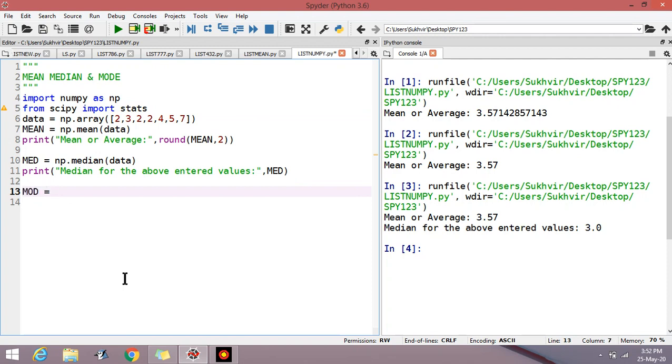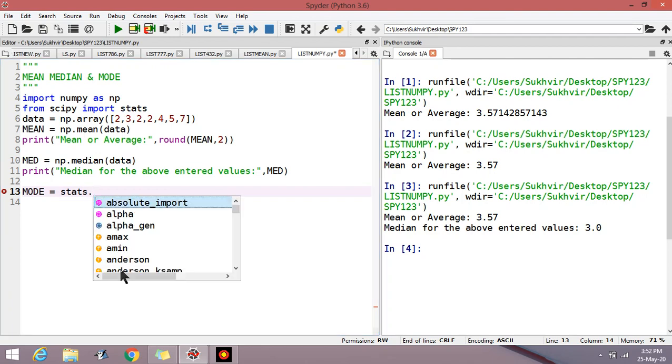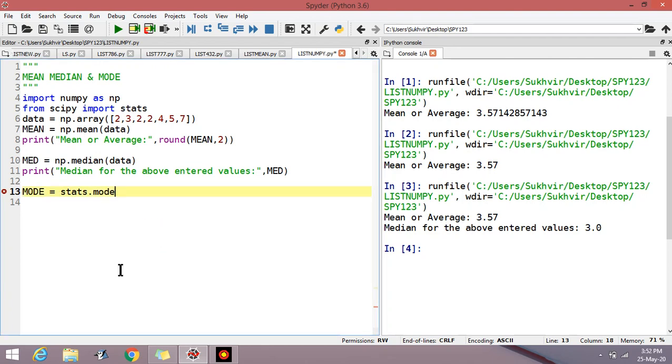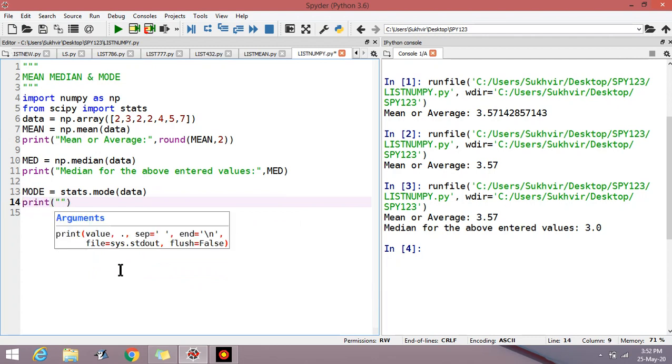Mode is equal to stats dot mode, and passing of data is there, whatever data entered at the top, then print mode of the data is equal to.